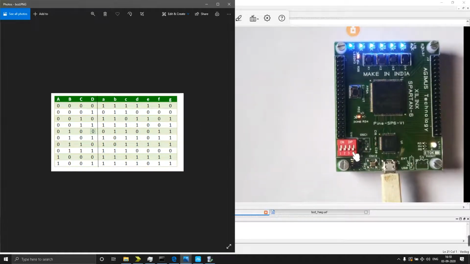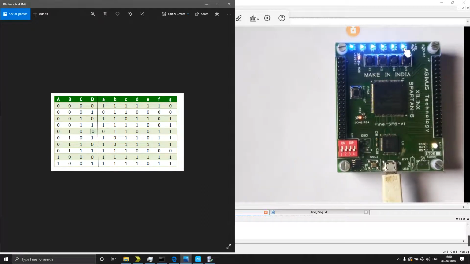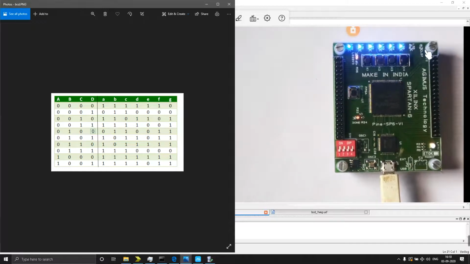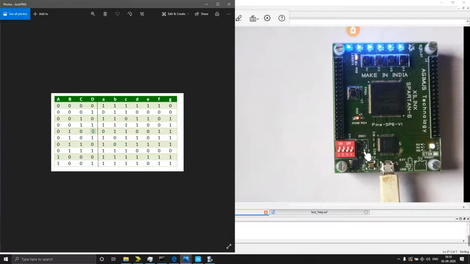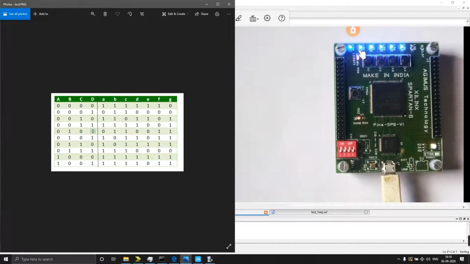What I'm getting for this is A, B, C, D, E, F and G. This last one is not there, only this much. So here all are 0. I'm getting the output for all these LEDs.